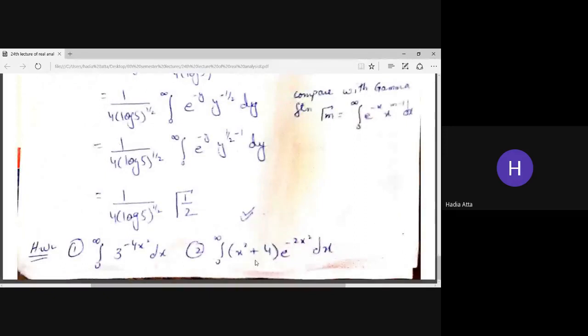And question number 2 is also very simple. First you have to multiply e raised to the power with both the terms, and from here you will get two integrations. Then solve both integrations separately by the gamma function, because the limits are in the form of 0 to infinity, and that also contains an exponential function.